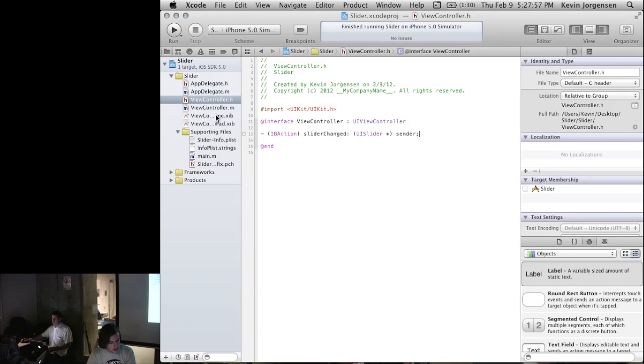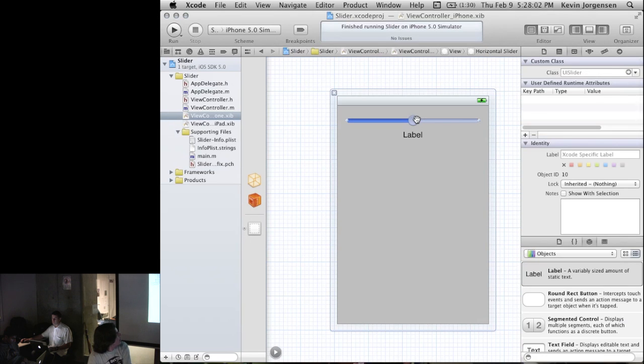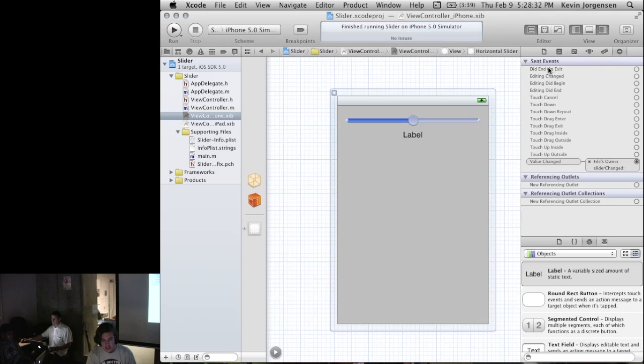Okay, and then now if we go back into our view controller, we can click on the slider, and if we want, we can just control drag from the slider to our files owner and select the method. But you might be wondering, which event did that get set for? Because, like I said, there's a lot of different events that UI controls can respond to. They all sort of have a default one. So, for example, the slider, the kind of obvious control event is when the value gets changed, and we can double check that. So if we go to the connections panel, we can see that a slider can send an